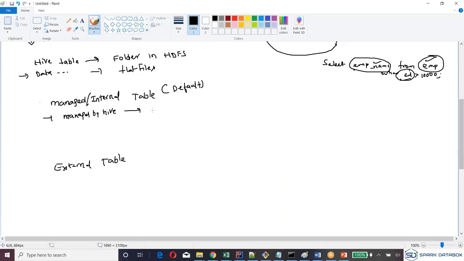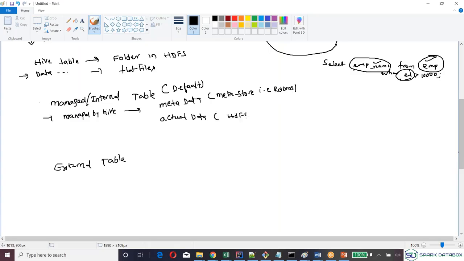So a managed table is managed by Hive. Whenever you create a table, I told you, there will be two parts: metadata and actual data. Where will the metadata be? In the metastore, which is nothing but an RDBMS, any RDBMS. Where will the actual data be?